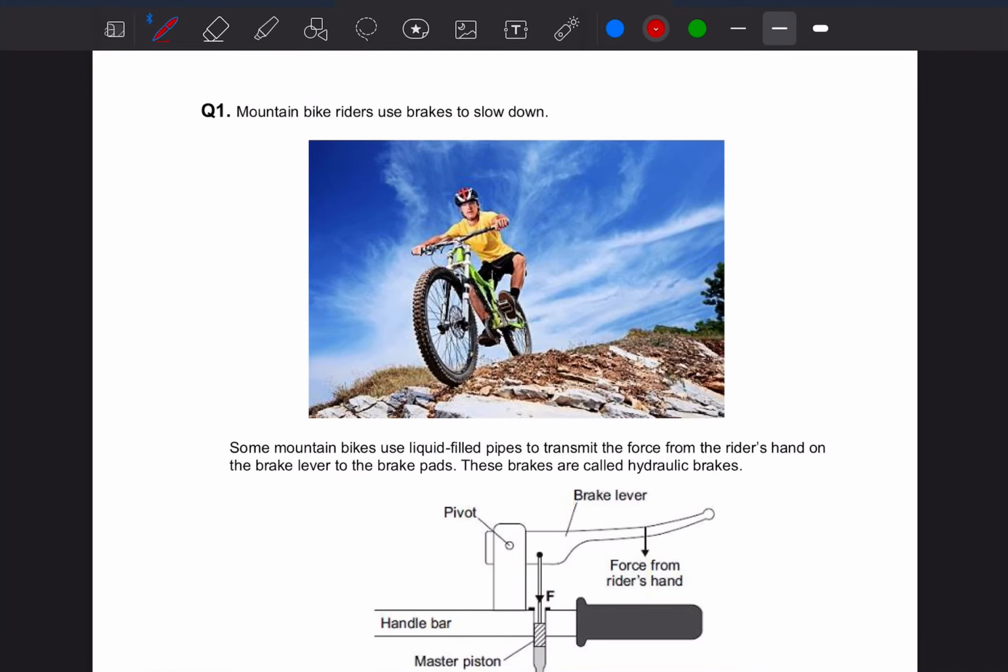Hello, so we're going to look at the triple physics paper 2 predicted paper based on the 2022 AQA guidance. So this first question is about pressure